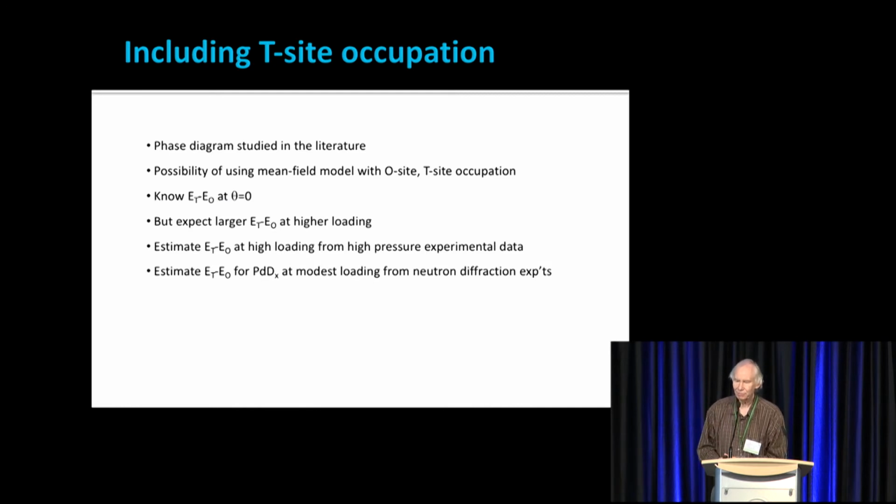For the phase diagram, since there exists a good phase diagram in the literature, and since we have a statistical mechanics model with octahedral site and tetrahedral site occupation, which works pretty well in the alpha phase, the question is what can we do for the phase diagram more generally? Now, there's lots of issues associated with this. A gigantic issue is if you believe that there's tetrahedral sites, and if you believe that in the alpha phase at low loading you happen to know the excitation energy, well, that doesn't mean you know what the excitation energy is at other